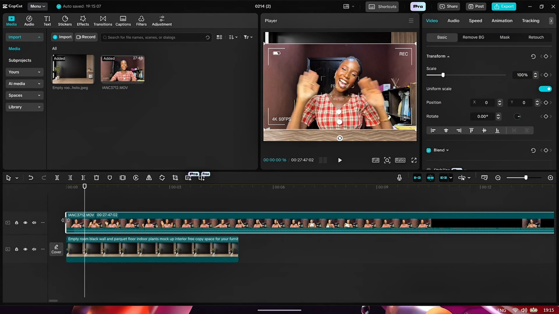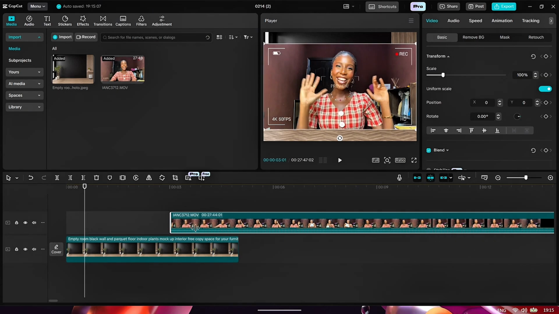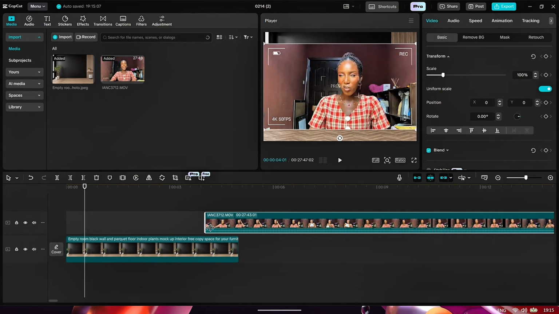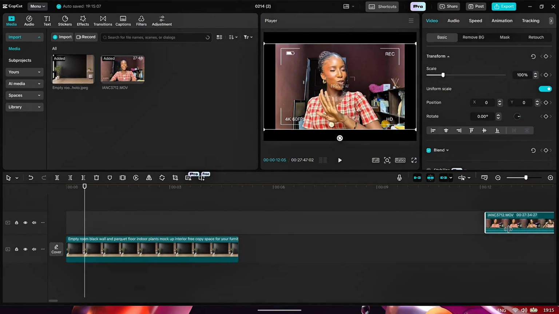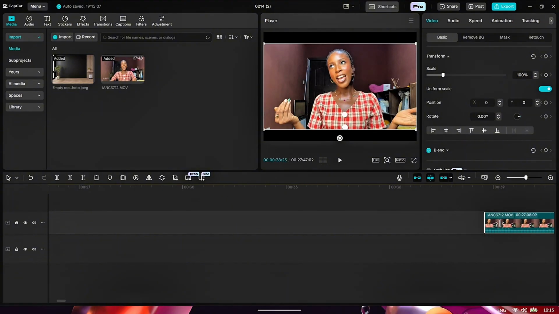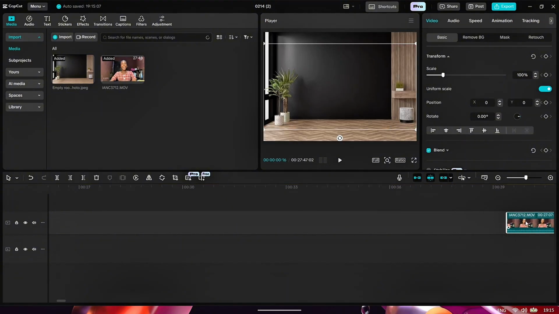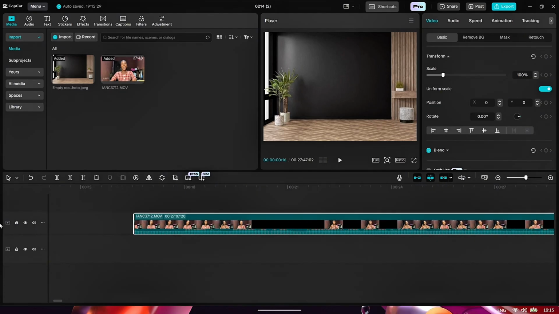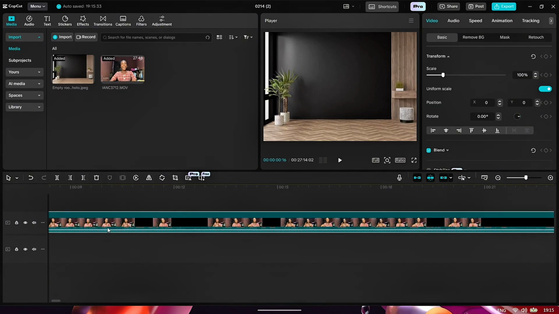You take the video up because you want it to overlay the background. You want the background to be at the back and the video on top. So you take the video up in order to do that. So this is me trying to select the parts of the video that I want to work with because it's a very long video. So after you've selected that part,